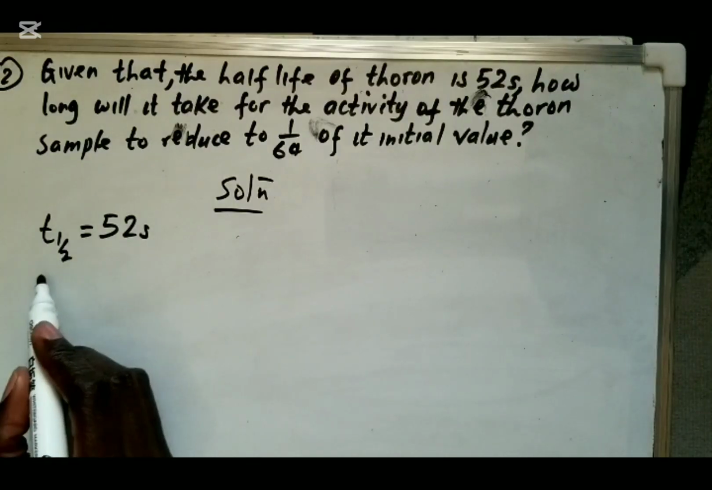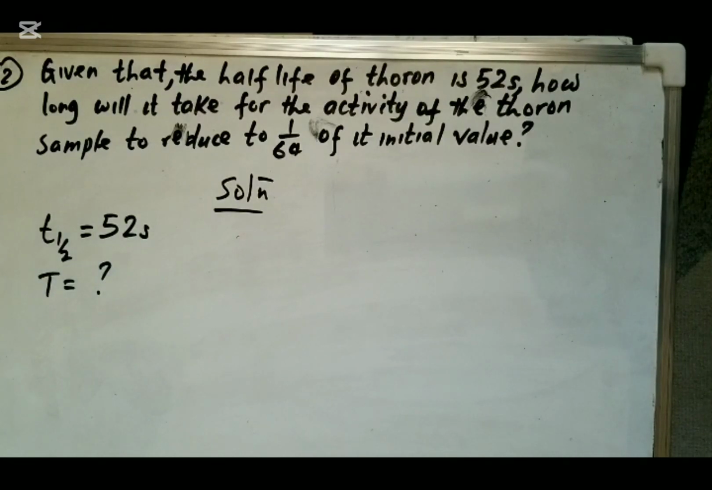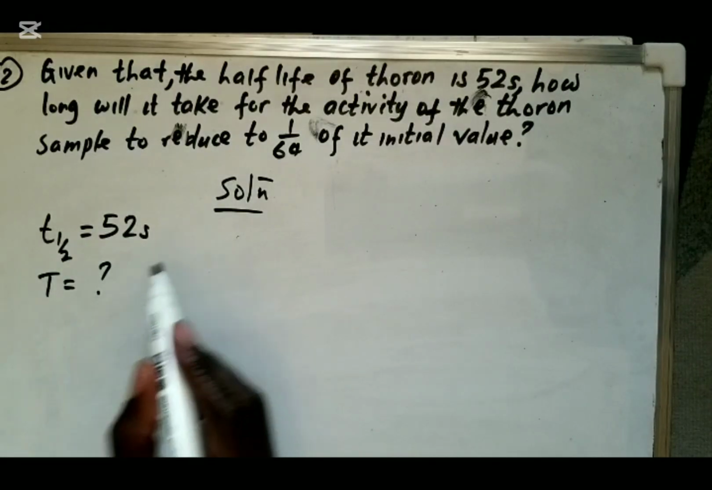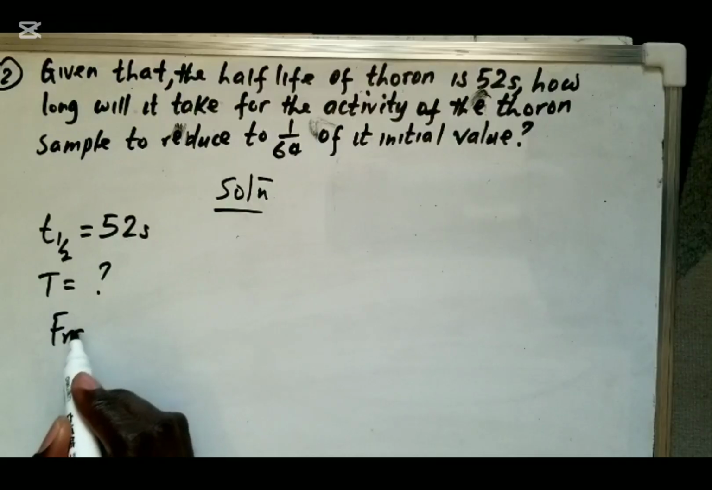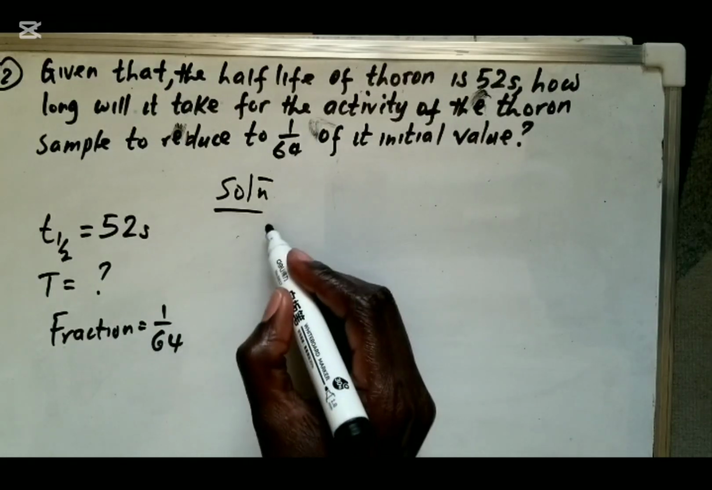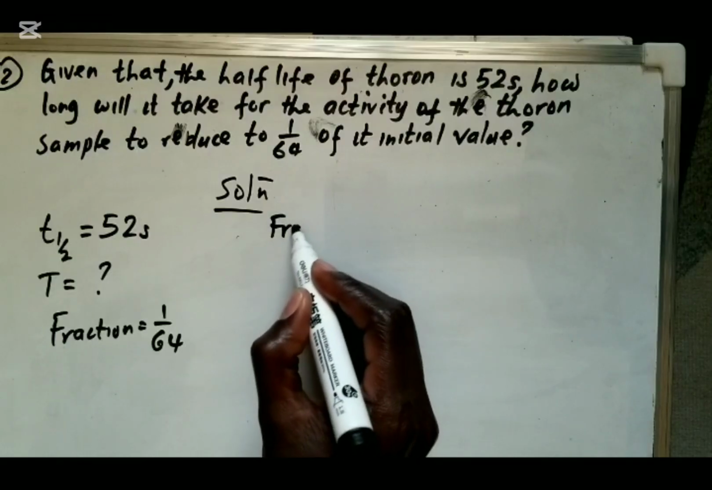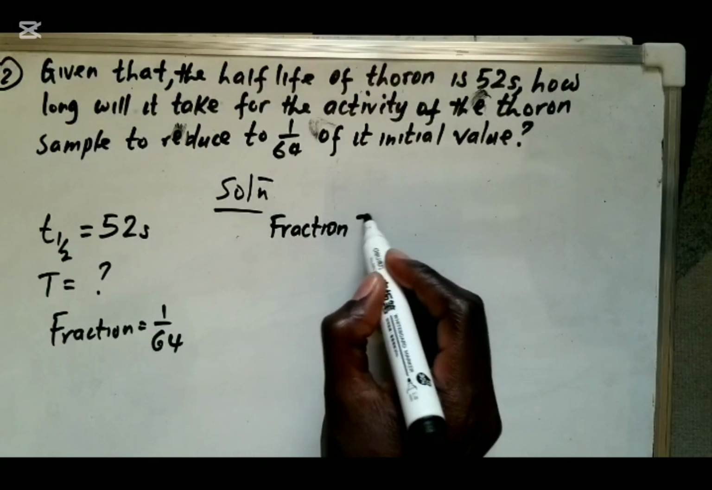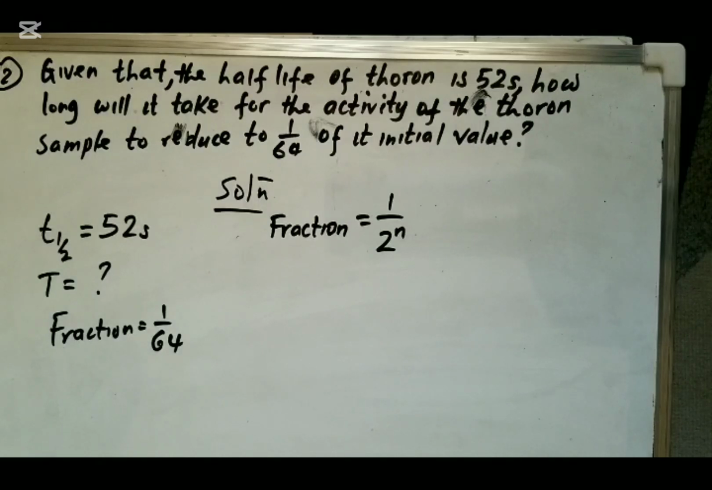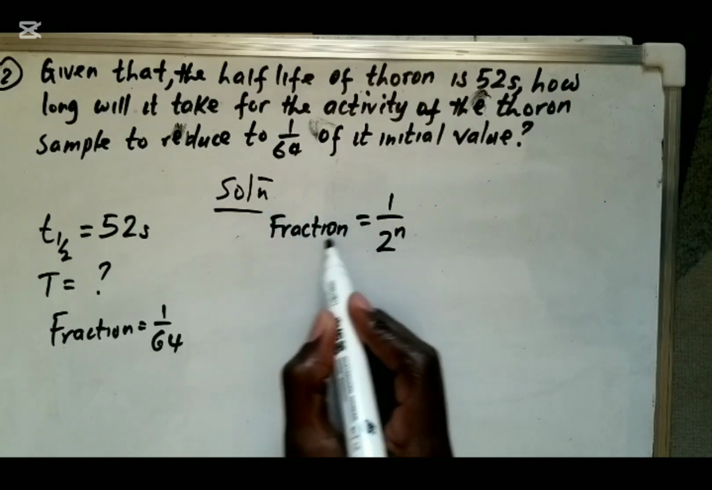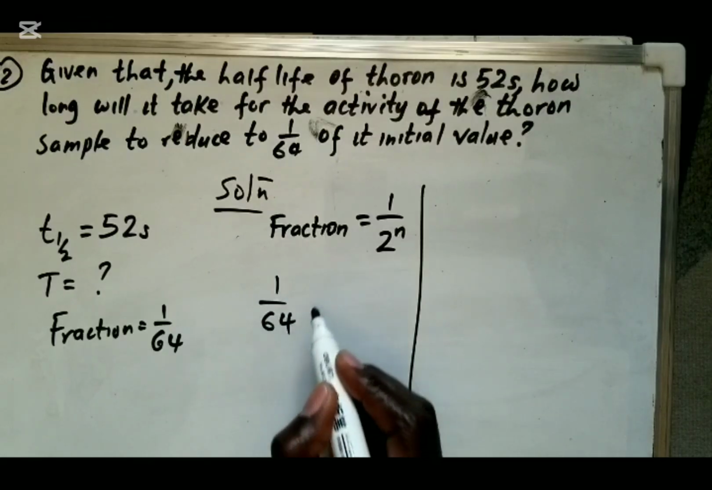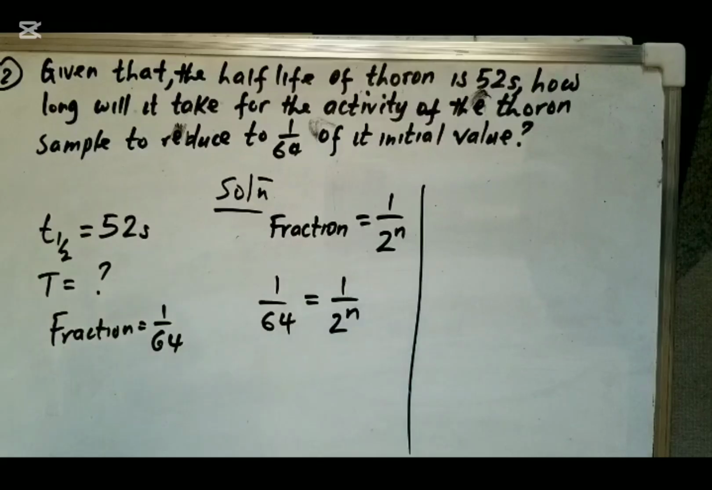value? So how long, meaning that they want you to find the total period it will take for the sample to reduce to that. Now if you remember, that is just a fraction they have given you, which is 1/64. So apply the formula in this case. For you to get the fraction, it is simply 1/2 raised to the power n. That's what we mean there. So the fraction they have given me is 1/64, which is equal to 1/2 raised to the power